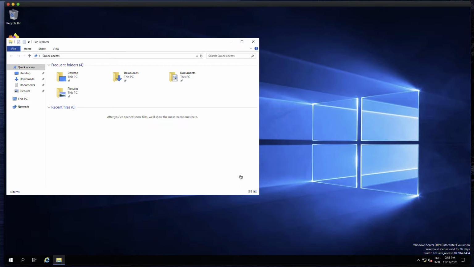So after we created our new administrative account and installed VMware Tools, by the way, VMware Tools or VirtualBox tools are only needed if you are doing this in a virtual environment, on virtual machines. If you are doing this on a desktop machine or a server, then you will need to install drivers, obviously, not VMware Tools. So our next step is going to be again Control Panel,